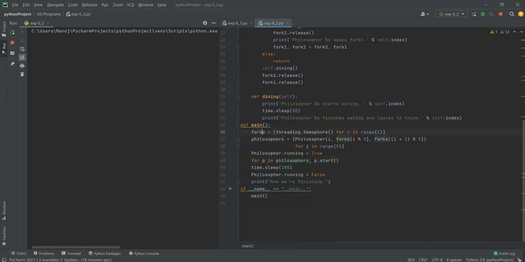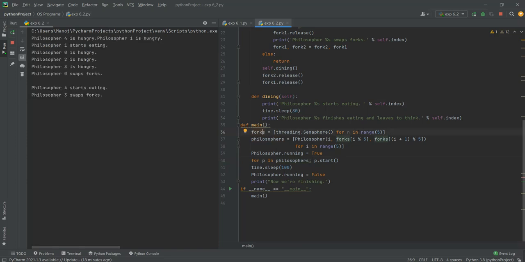After that, the forks variable is initialized by the list of threading dot Semaphore for the range 5. And the philosophers variable is initialized as Philosopher(i) for i in range 5. This value is inserted here in the for loop, and the range is clearly mentioned here as 5. Here, as you can see, in the second for loop,